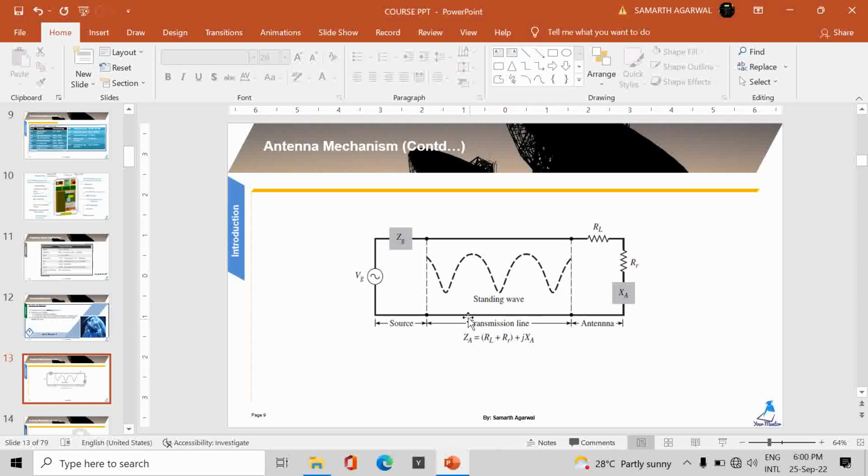And anyway, this image you can see in Balanis's book also, because these are very standard books, very basic for antennas. That's why I have taken this standard book reference only, because after this course, if anyone goes on to read the standard books, it will be easier for him or her to understand the concepts. So I'll continue in the next lecture.